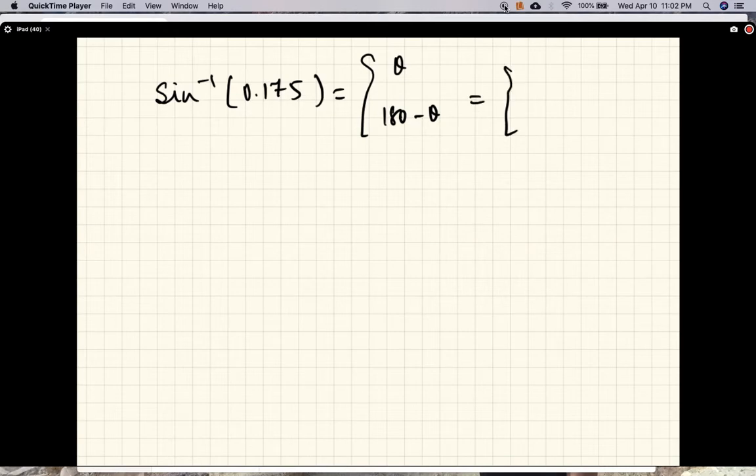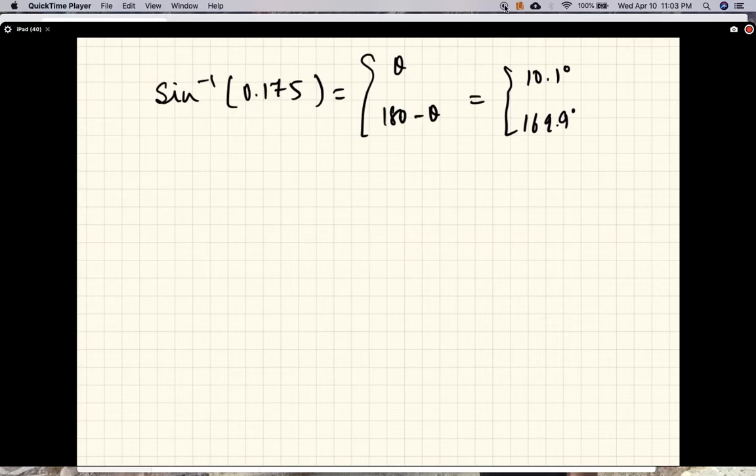Let's do sine inverse of 0.175, and that's 10.1 degrees, and 180 minus that is